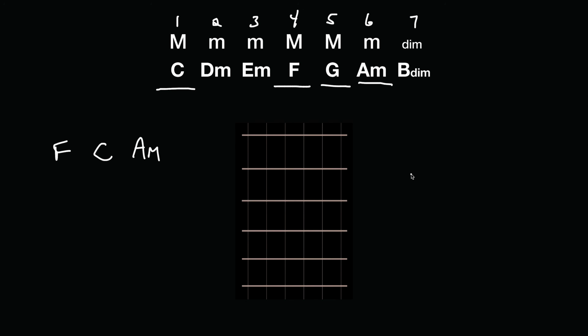Most of us, when we learned how to play, we didn't start learning by numbers or chord positions. We just learned chords with shapes. And so, when I started and I see this progression, F, C, A minor, I would have played, we'll just say an F bar chord, which many of you are familiar with. And if this is our first fret here, right there, right? That's an F bar chord. And then for the C, would have done this. And for the A minor, I'm sure many of you play that.